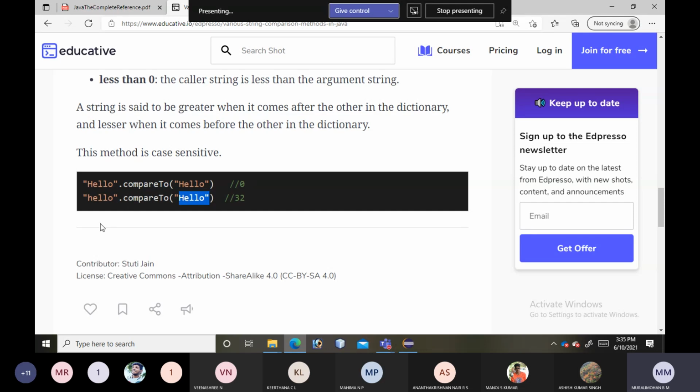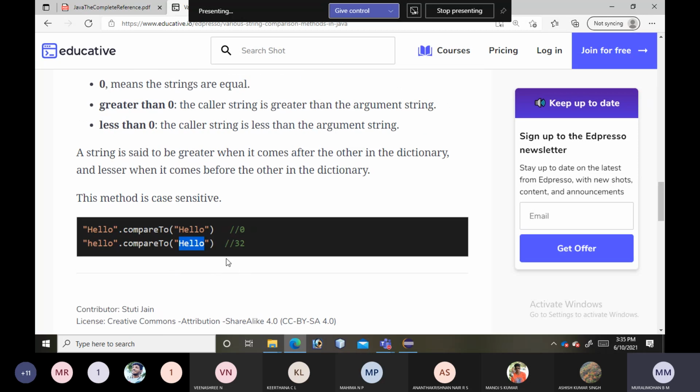Why? Because the caller string is greater than the argument string. This is the caller string and this is the argument string. Here we are getting 32, a positive value, so the caller string is greater than the argument string.